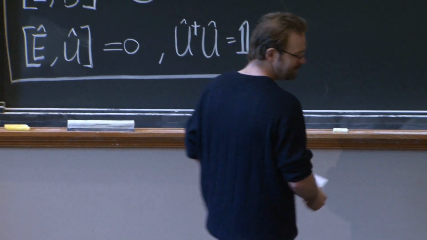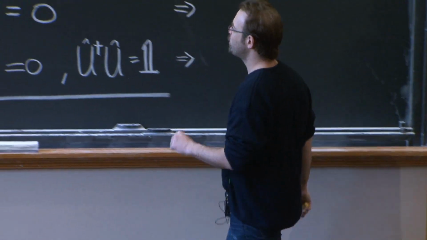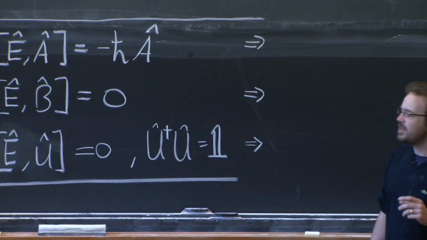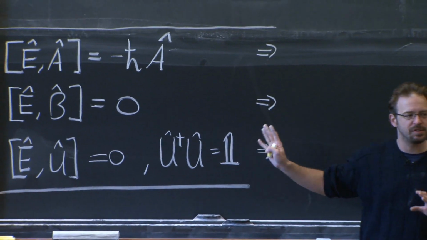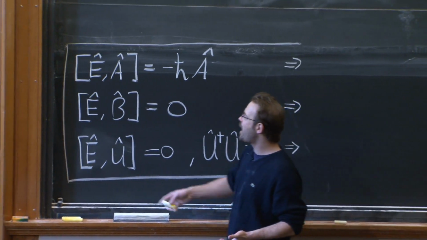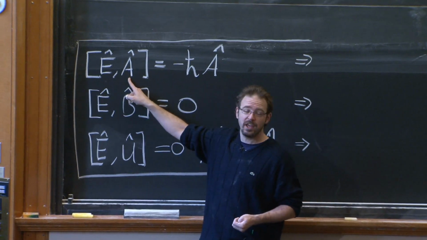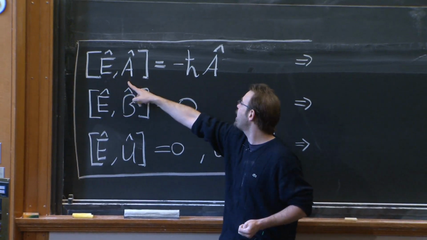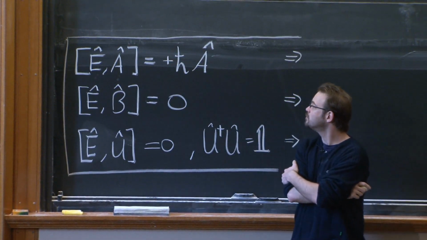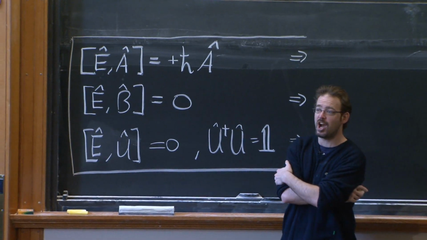So quick couple of review questions before we launch into the main material of today. These are going to turn out to be useful reminders later on in today's lecture. So first, suppose I tell you I have a system with energy operator E, which has an operator A, such that the commutator of E with A is, let's say, plus h bar A. Okay? What does that tell you about the spectrum of the energy operator?